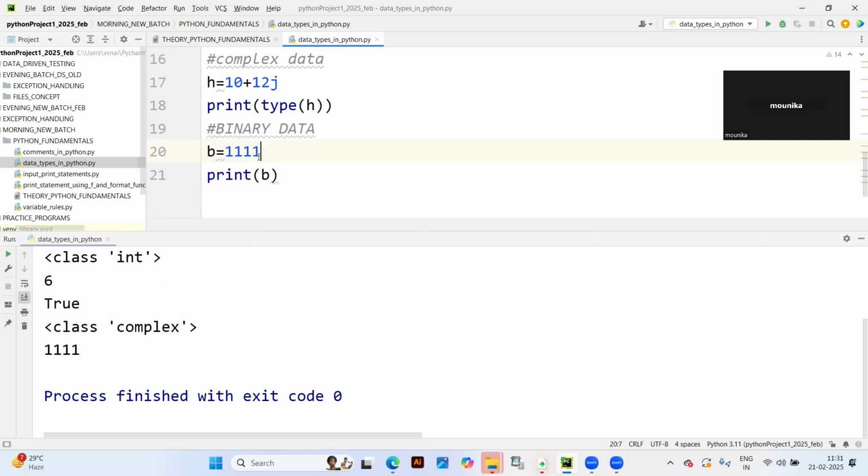Are you clear? If you write like this, it is also decimal data. I want to represent it at a hardware level to declare binary data, which follows a symbolic notation: the most significant bit is going to be a 0, followed by the B, then it is going to be